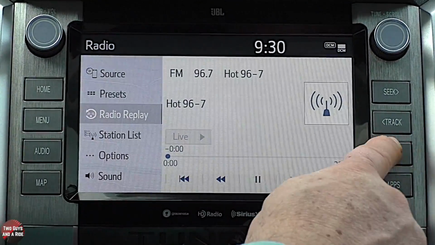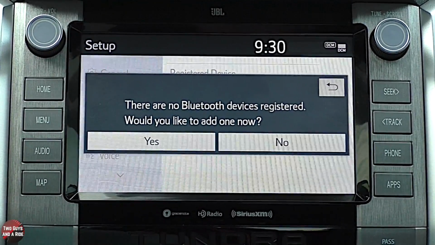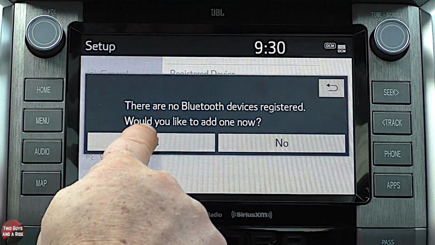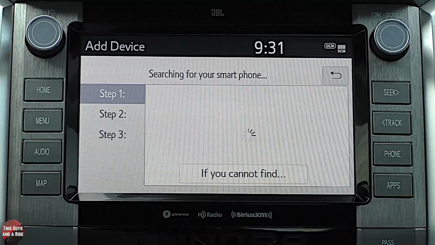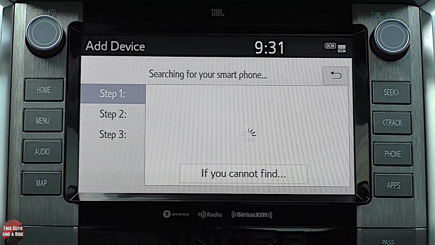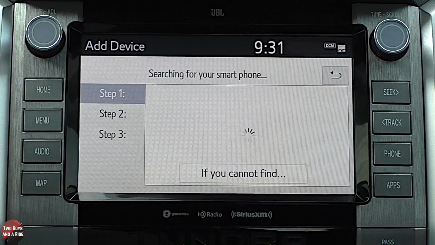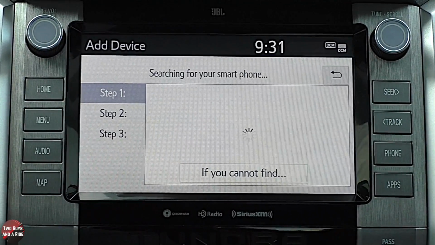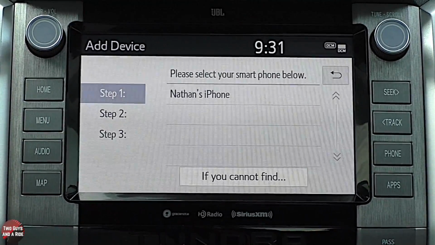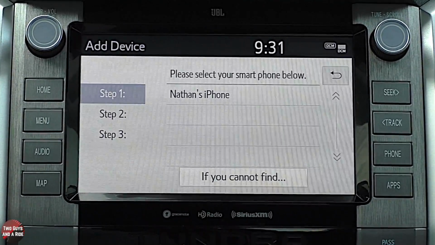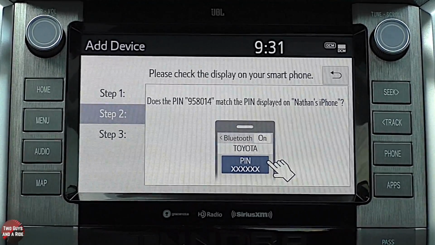All right, so going over here, we've got phone. I don't have a phone connected, and I'm going to do that right now. Would I like to connect one? Yes. And I'm going to go into my settings on my phone, and I am going to go to Bluetooth and scroll to the bottom of my Bluetooth list, and it found me, so that's good. And it came on my phone, says Toyota Tundra. I'm going to click on that, and I'm going to hit pair,